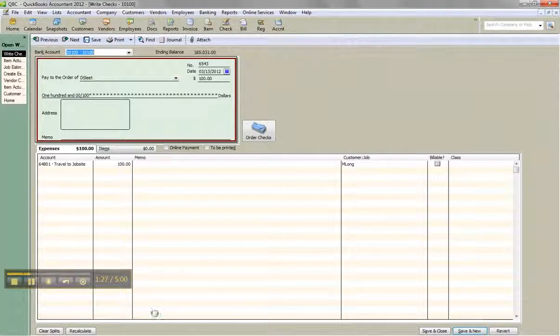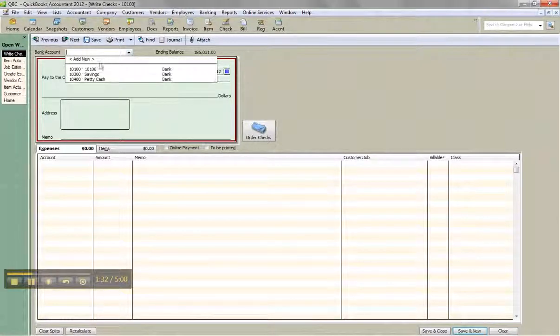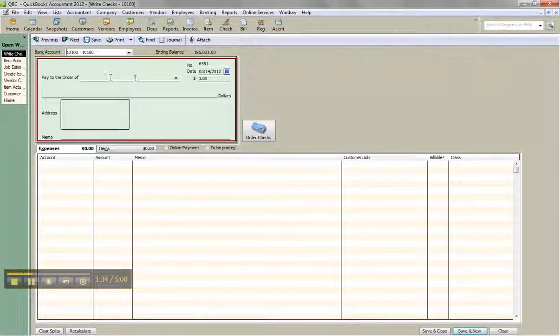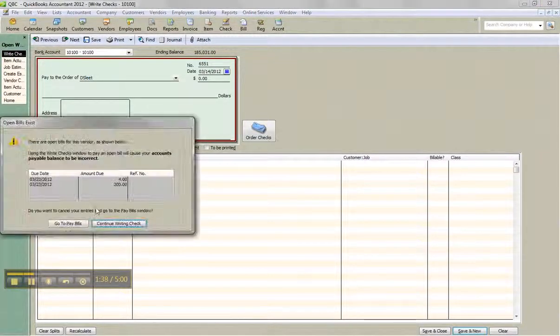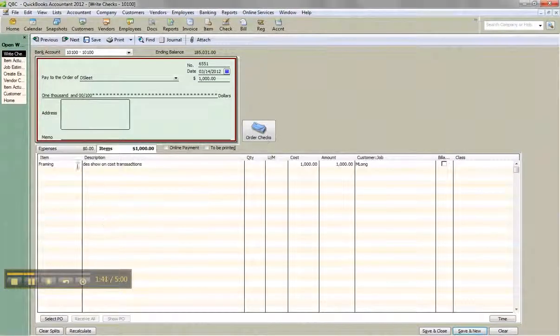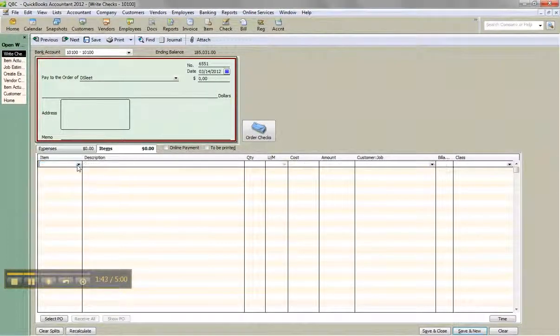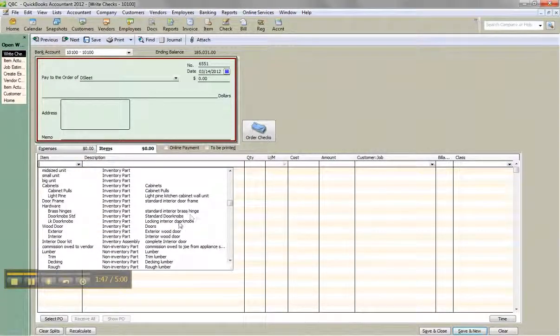I'm going to do Control New, creates a new check, and go to same. Now you can use the checking account, or some people suggest an account called like journal entries, something like that. And I'm going to continue writing the check, Control Delete, so it's remembering what I did last time. And under the Item tab, I'm going to choose